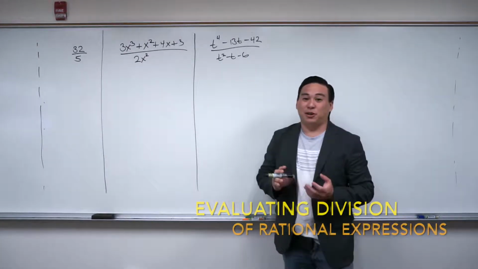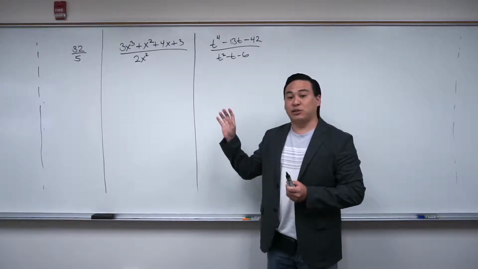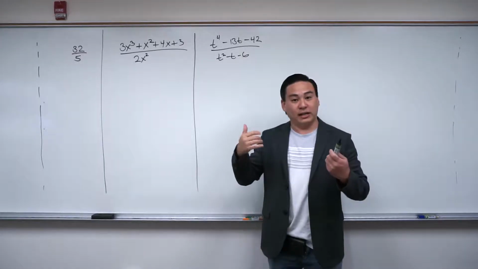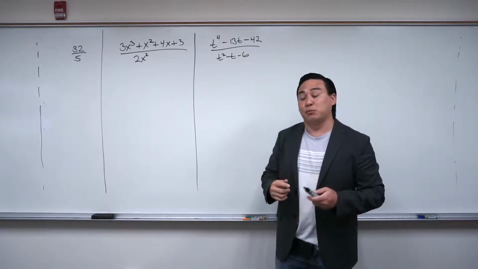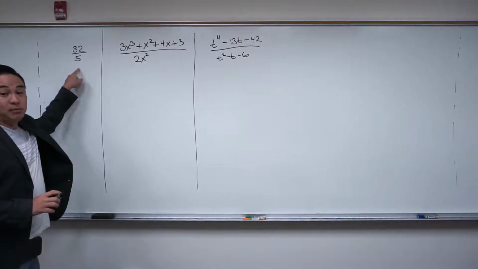Okay, so we're going to be talking about long division of polynomials. And so what we're actually going to do with these rational expressions is the long division. But before we do that, let's go back again, start with the basics when we're talking about just numbers themselves. So if you have a number like 32 or 5 and you want to apply the long division